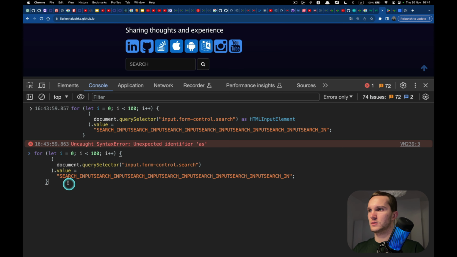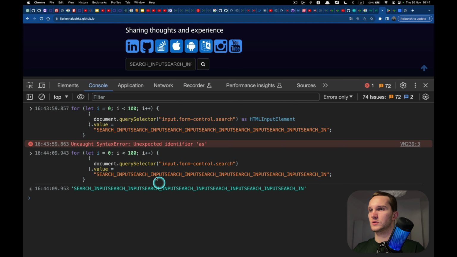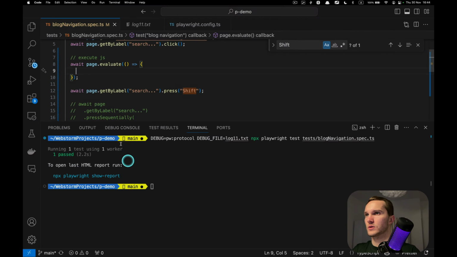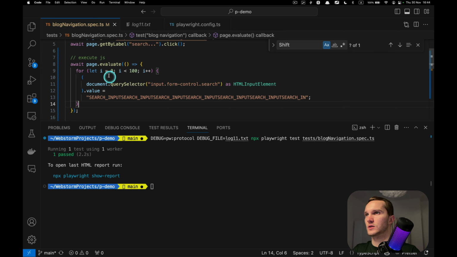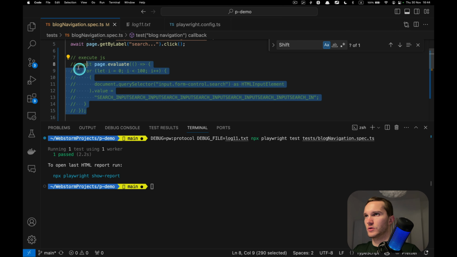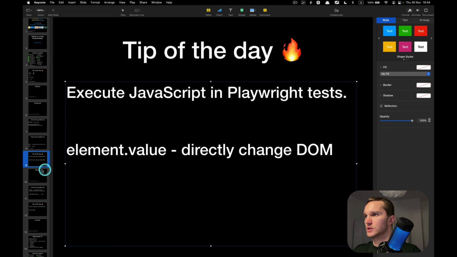Unexpected, yeah, like this should work. Boom, you see, 100 times. It takes 10 milliseconds to run. And we can copy it from here, and wherever we do in console, we can copy it to our tests just to execute some custom scripts on the page. Okay, that was another tip of the day.